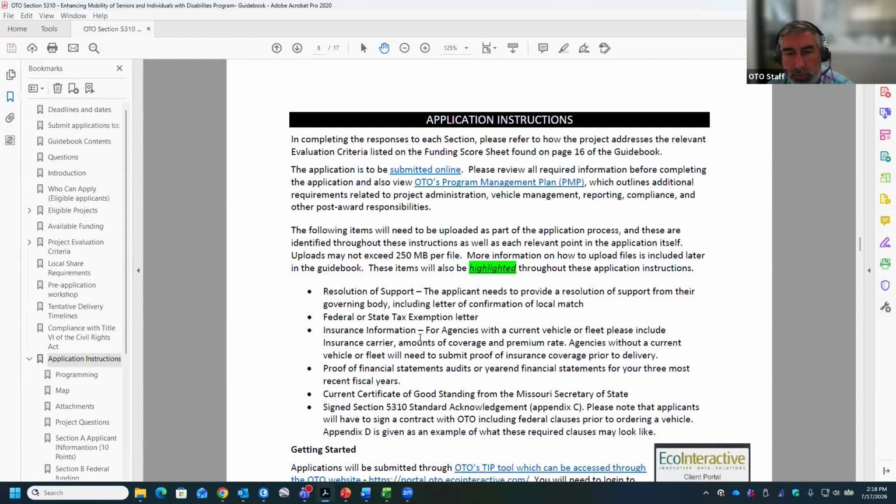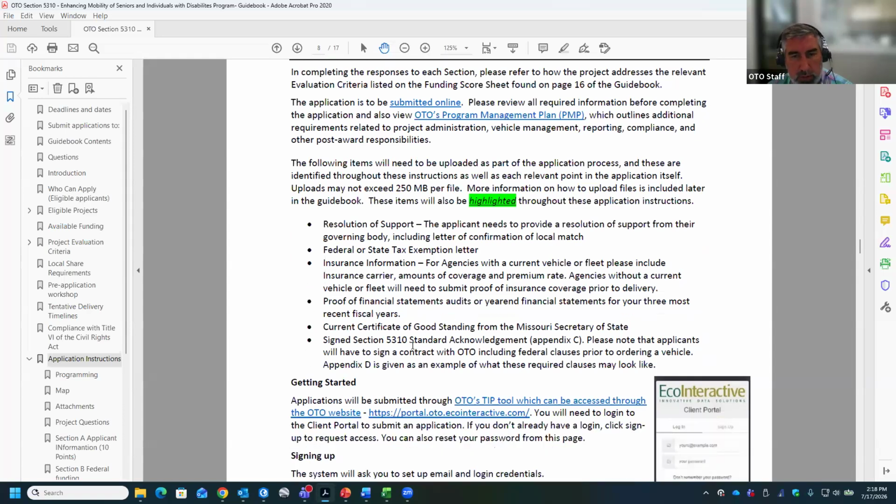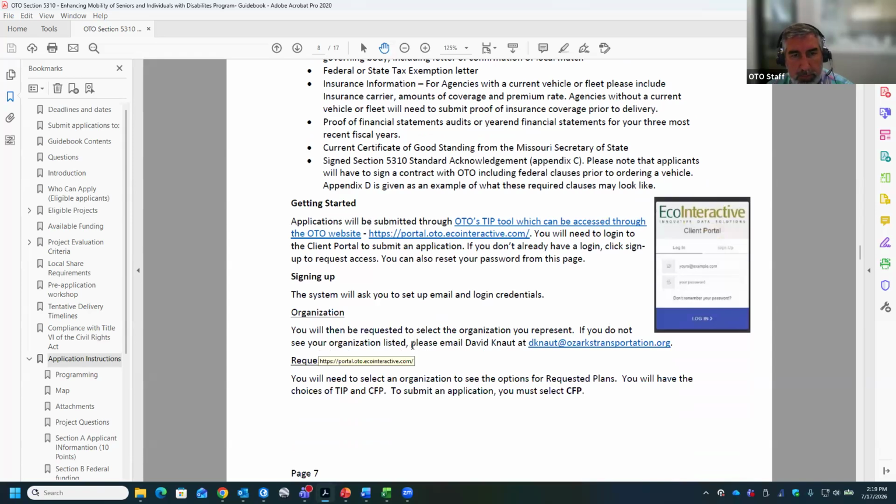We know that if you don't have a vehicle, you might not have any insurance information, because I know they don't like to provide quotes if you don't have a vehicle yet. So that would be something for later. But if you already have one, you can provide that so we see that you have insurance. I'll leave that out quick.